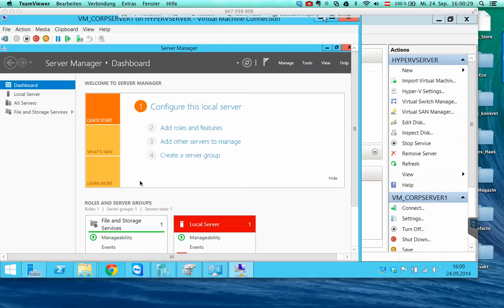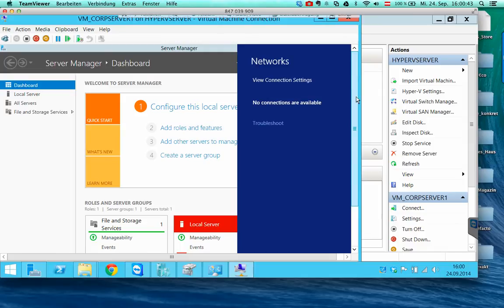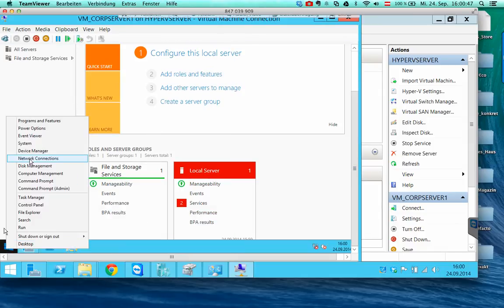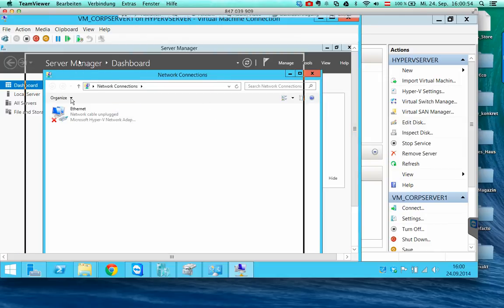In part 3 of our Windows Server 2012 R2 class, we want to connect this virtual machine to a network. So you see here that this machine has no network connection, and we go to right click to the start button and say network connections. Here is no